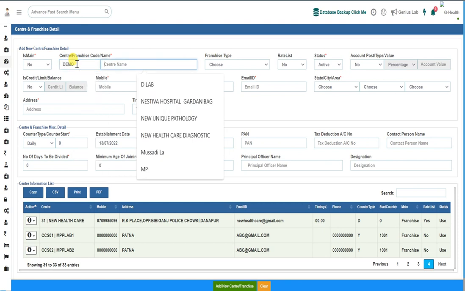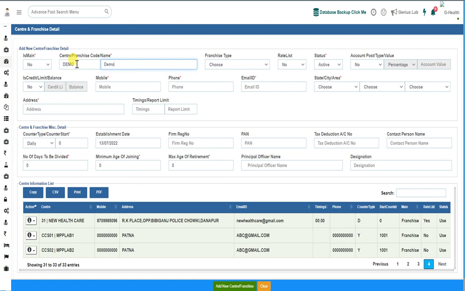I'll put here a demo software code and demo pathology. Here is the type. There are two types of franchisees. First is prepaid, where they pay and then book, and the second one is postpaid. Postpaid is when the franchisee is booking or generating any patient bill, then it will be paid first.